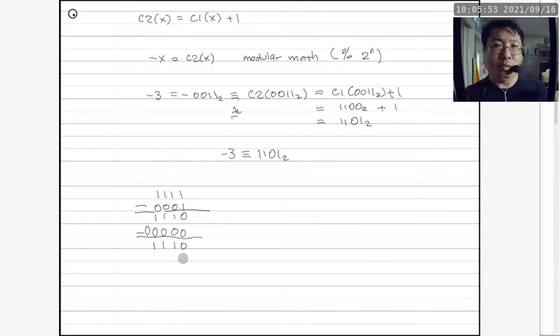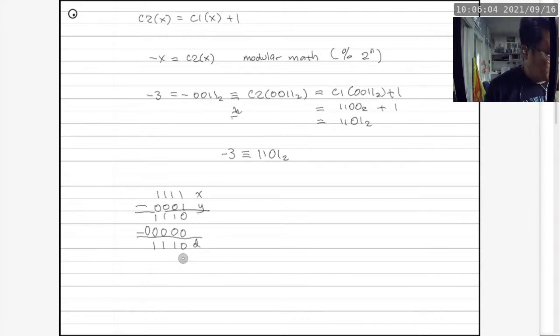So I'm just saying, hey, here's a bit pattern. Here's another bit pattern. We perform what we know as binary subtraction to end up with the corresponding X, Y, and D. Okay, that's the whole thing. It's extremely mechanical. There's nothing to interpret when you just look at the zeros and ones. So now we are also going to mechanically determine what is BSOL. B in this case is a 0, S in this case is a 1, O in this case is a 0, and L in this case is a 1.